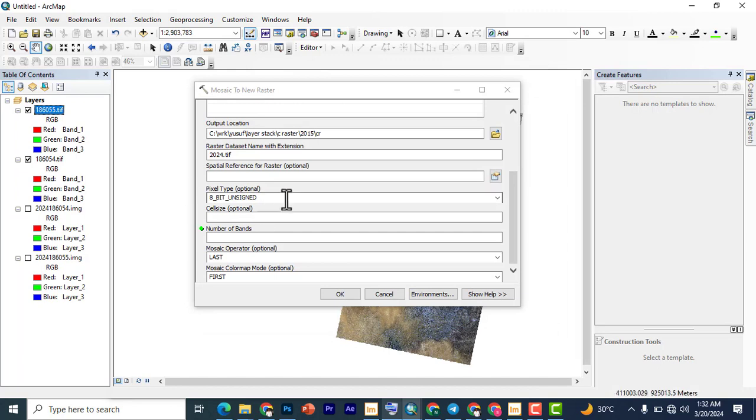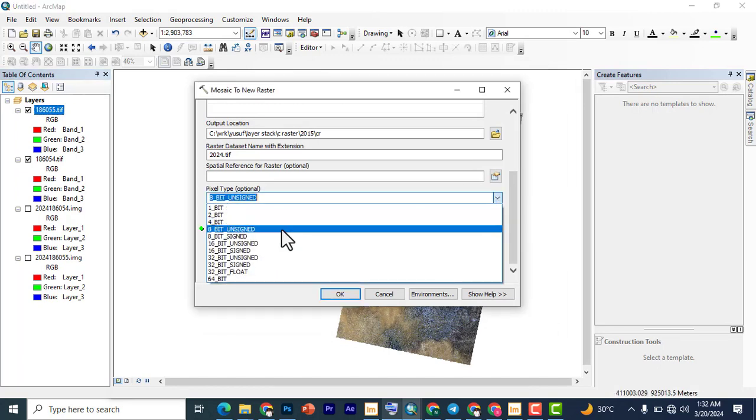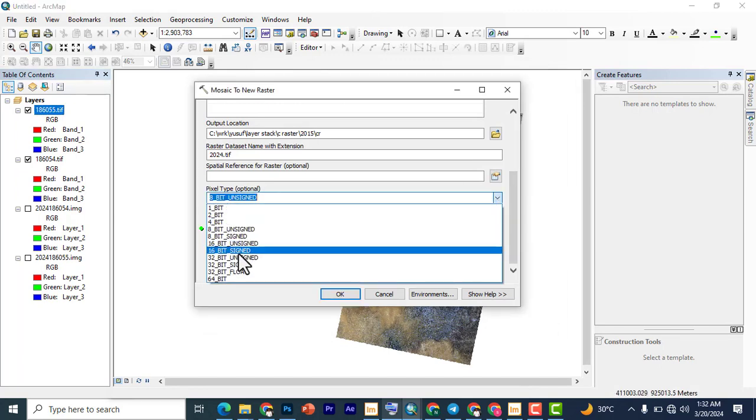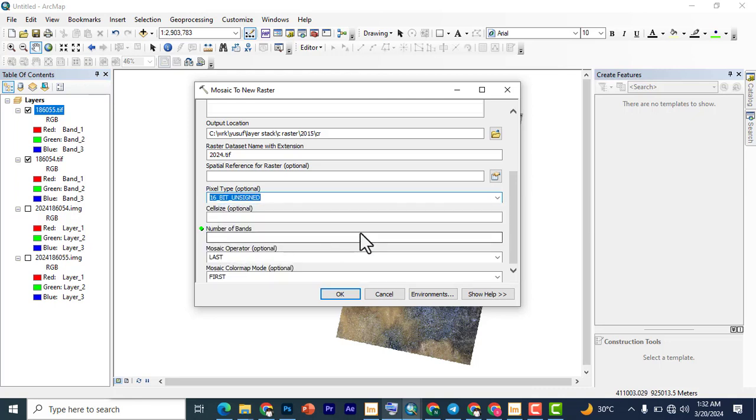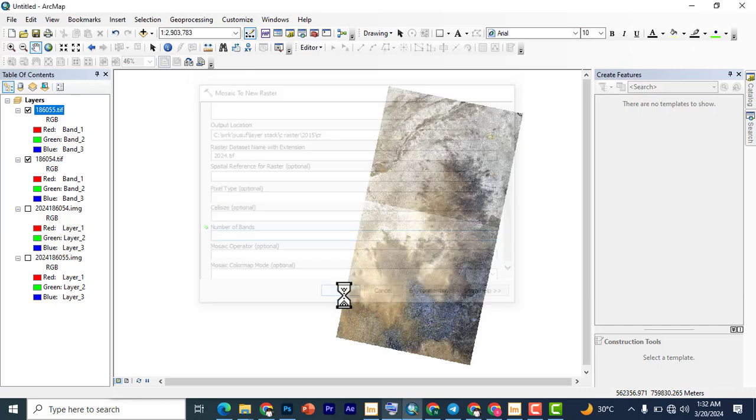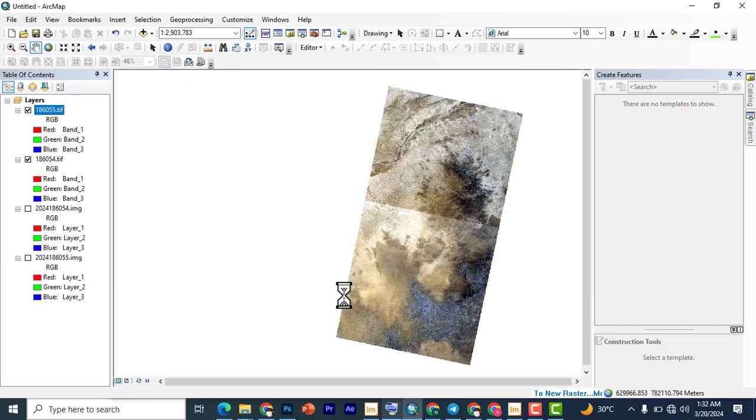So we're going to say it's a 16-bit unsigned integer. Then how many bands, 7 bands. So this is how you fill this one. If you have spatial reference, you can also fill it, but we don't need that. So we click OK. Now once we click OK on this, it's going to process and give us a